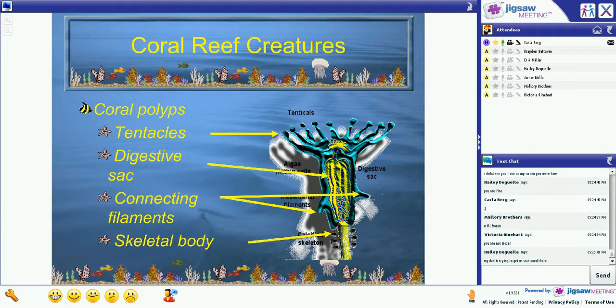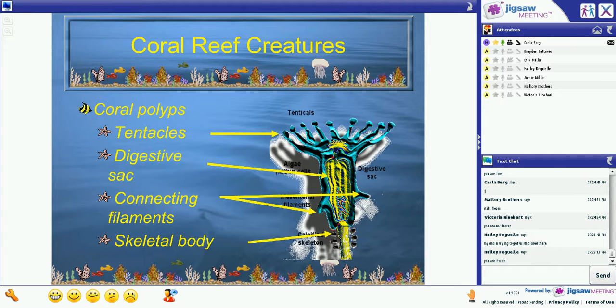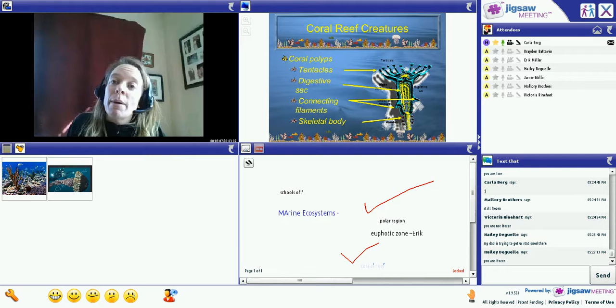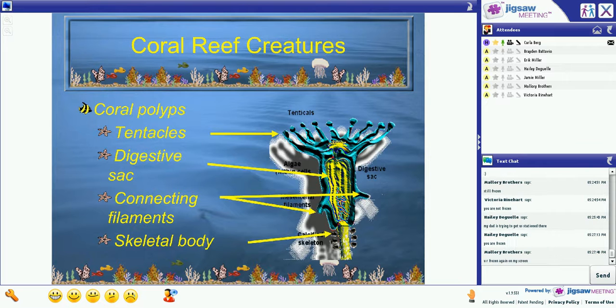Now, I keep saying coral reefs are made up of an organism. So let's try to figure out what a coral reef creature is. A coral reef creature is made up of a coral polyp that has tentacles,